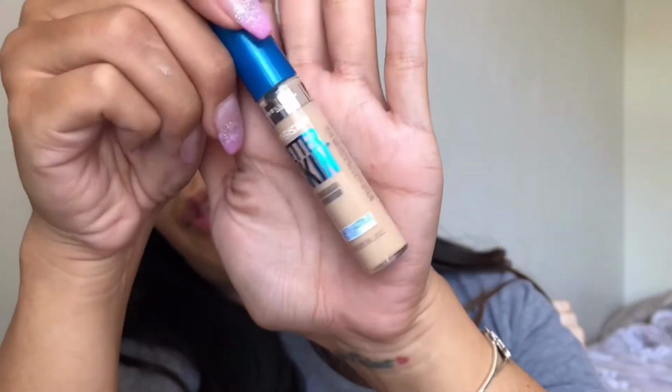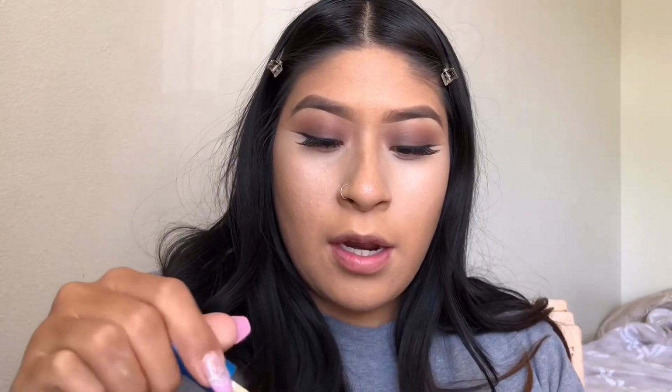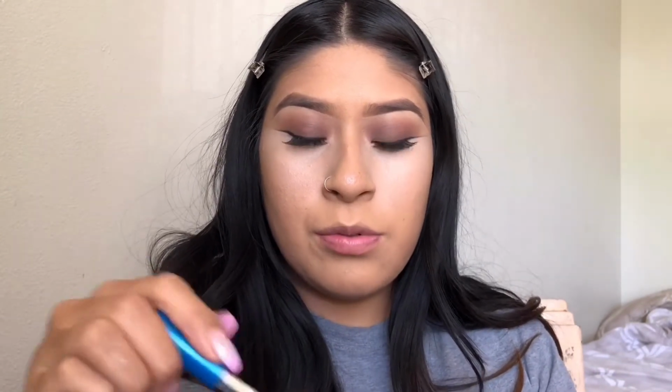Now I'm gonna go in with the Better Skin Maybelline Superstay Active Wear with Actyl C oil free. Don't know what that means, but I like it. This is a brand new one. And I am going to